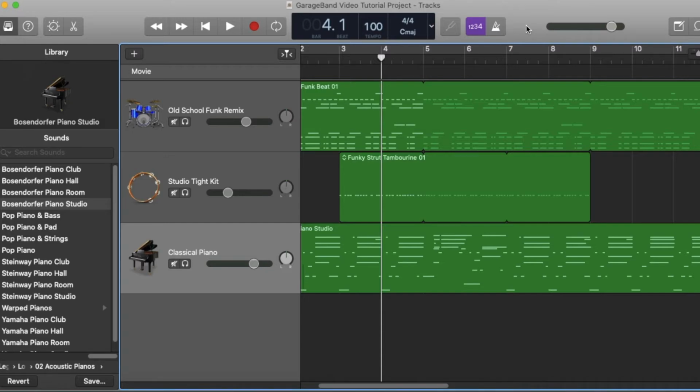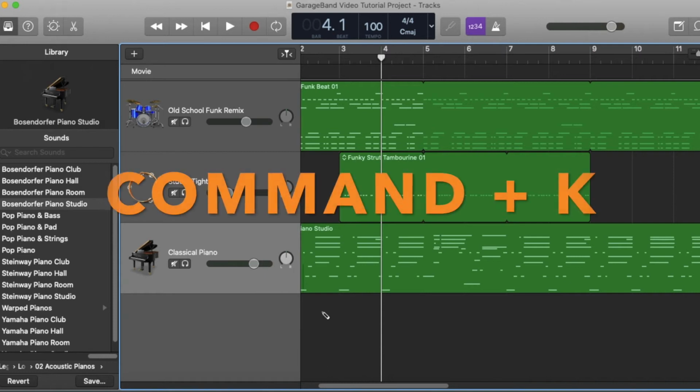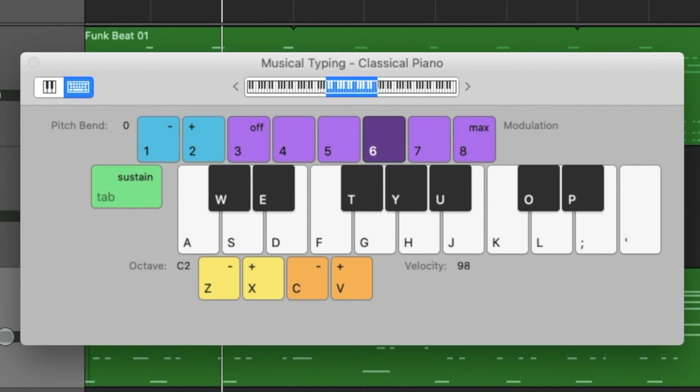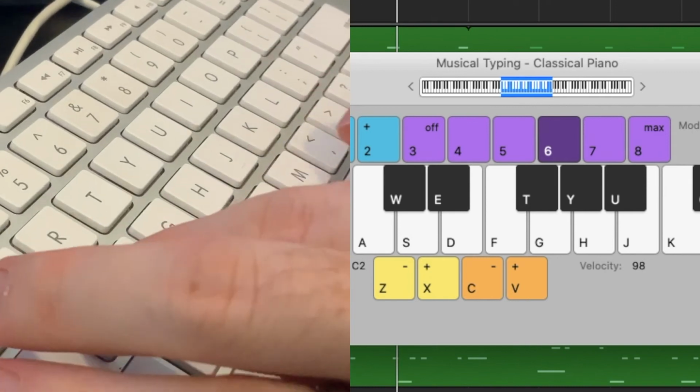Another awesome built-in feature to GarageBand is the ability to record MIDI instruments without even needing to connect an external keyboard or an external MIDI instrument. So to do this, you can press Command K, and that will open up the musical typing keyboard, which is actually built in to GarageBand and accesses your normal QWERTY keyboard, so the normal Mac keyboard. And by pressing letters, I can actually